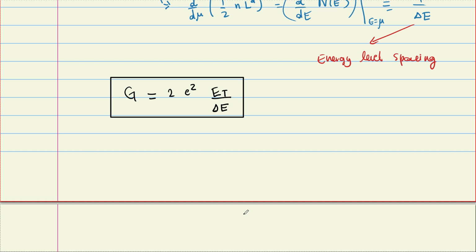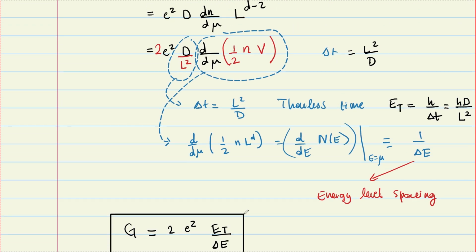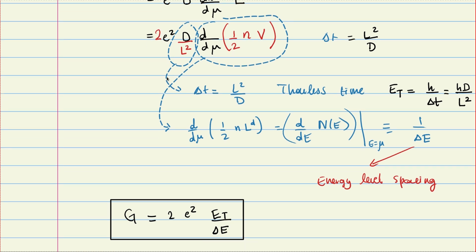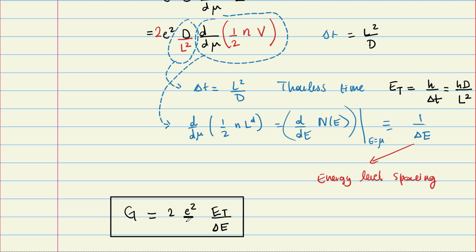I missed the part where you just neglected 1 or 2 in the parentheses. So I didn't neglect it. I said this is the total number of energies at a given total number of electrons at a given energy per spin. Because it was the total thing. To get per spin, I put 1/2 and I get the 2 out. Why did I get 2 out? Because this is the one in the Landauer formula, and I think I need to have E squared over H here. So this is E squared over H.